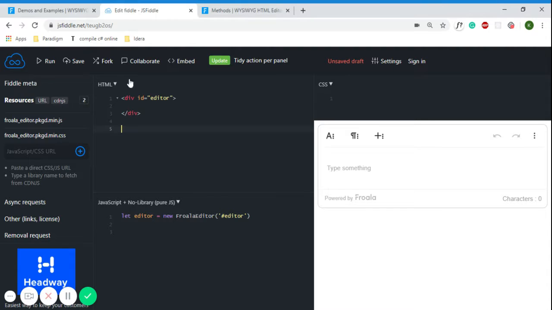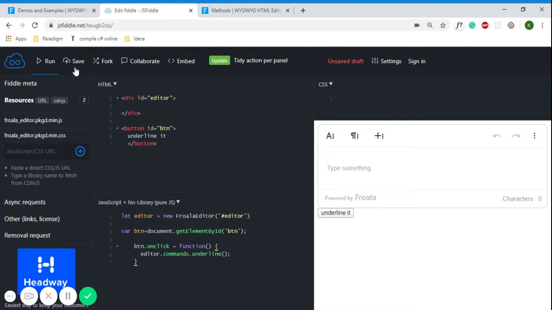inside this HTML area, and now I'm going to bind a click event on that button and then click on run. So by doing this you will get a button like this outside the editor, and now I'm going to tell